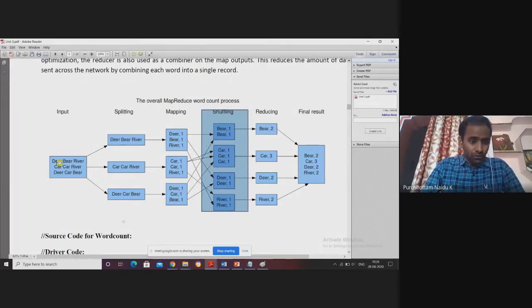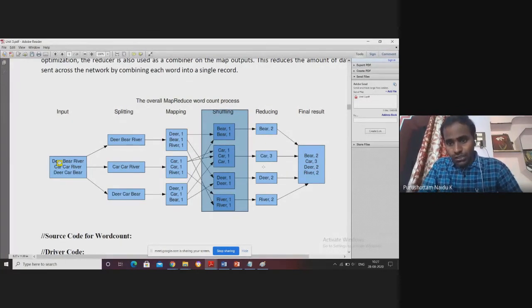Okay, so now this is the input file, given the number of blocks. At each and every block, the map function is executed. In this word count program, what the map function can do is split the line into word comma one, word comma one, word comma one. Then internally Hadoop performs shuffling and sorting. Then this output is given as input to the reducer. Then the reducer gives the final result, that is, the count of each and every word. Clear? So that is the actual workflow of MapReduce.